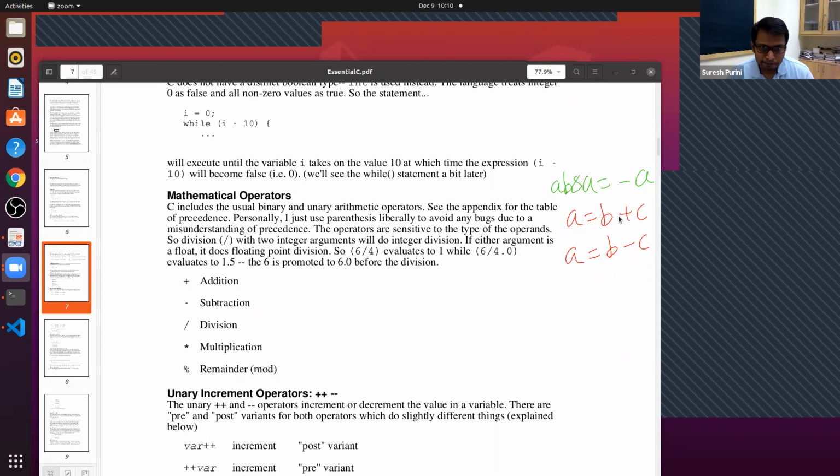And the minus operator acts both as a binary operator and a unary operator. Unary operator means it has only one operand.